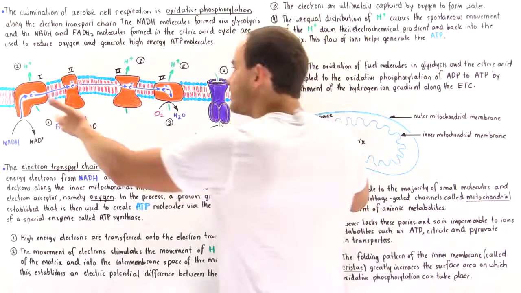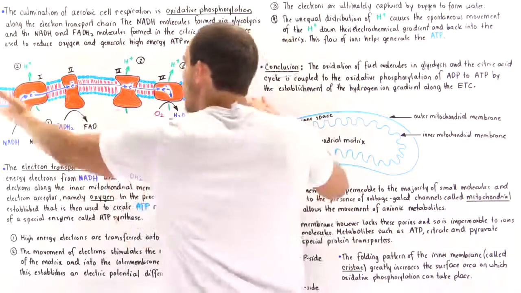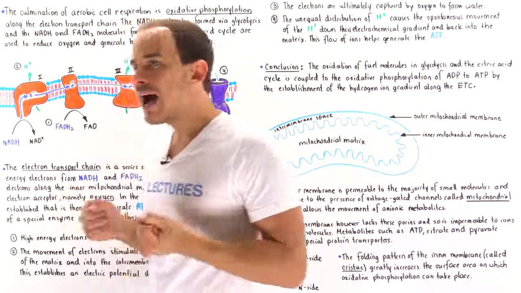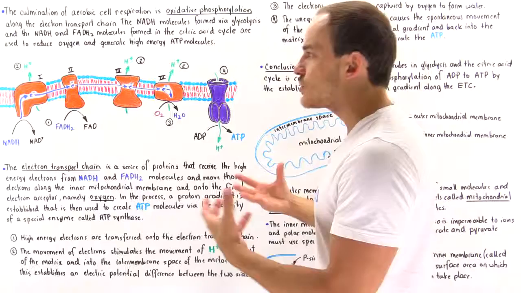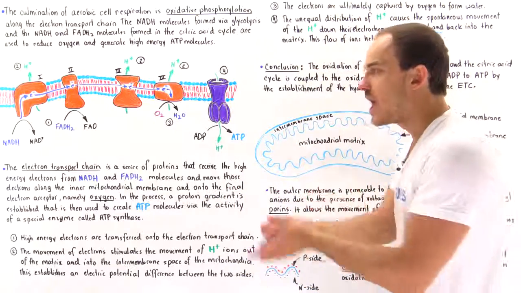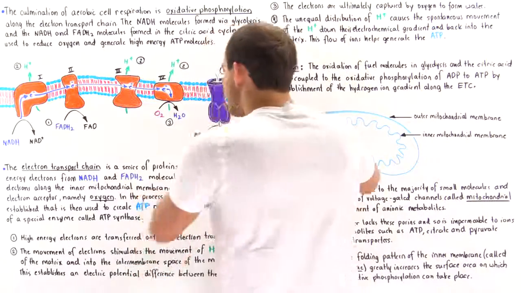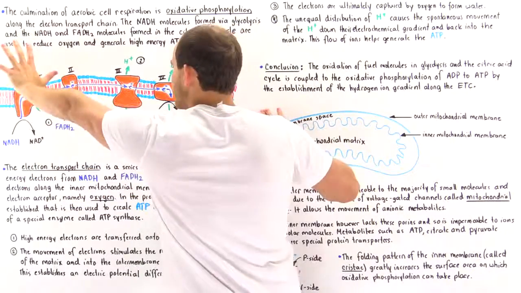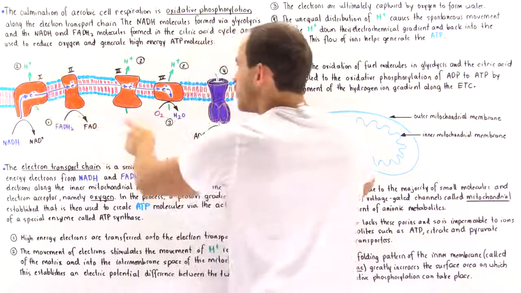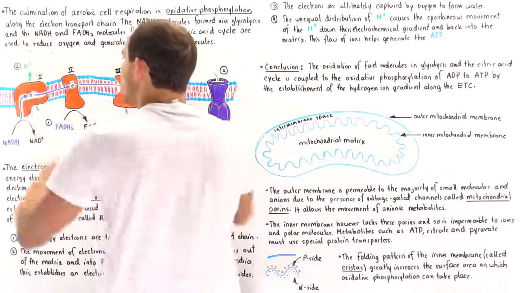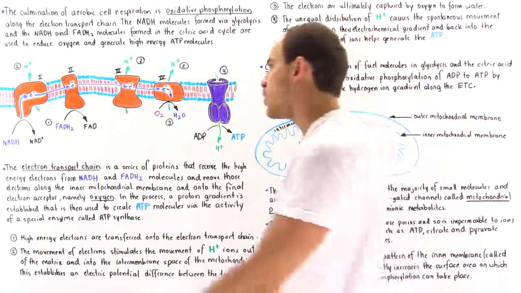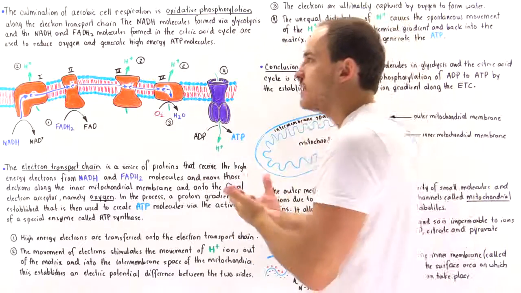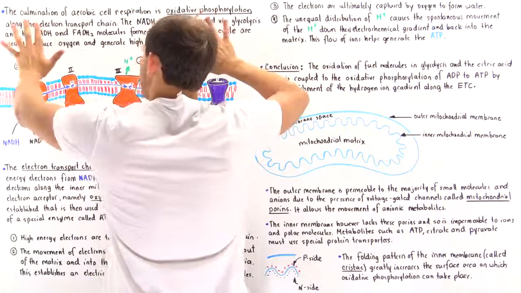Well, as these high energy electrons are moving along the proteins of the electron transport chain, that allows some of these proteins to actually act as proton pumps and pump H+ ions from the matrix of the mitochondria to the intermembrane space. So protein complex 1, 3, and 4 actually allow the movement of these H+ ions. So the movement of this electric current allows us to actually pump these H+ ions to the intermembrane space of